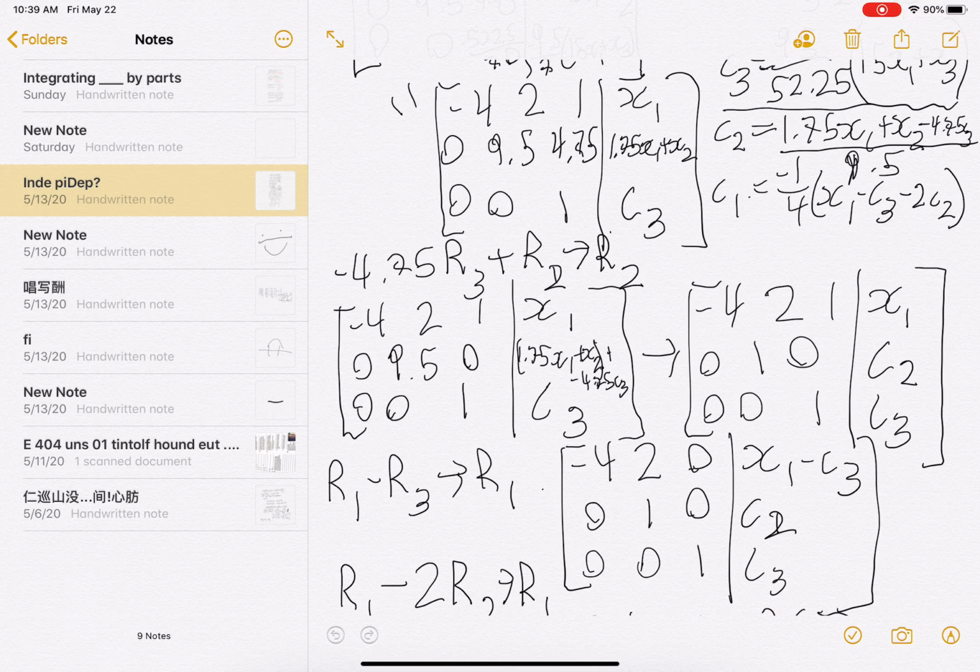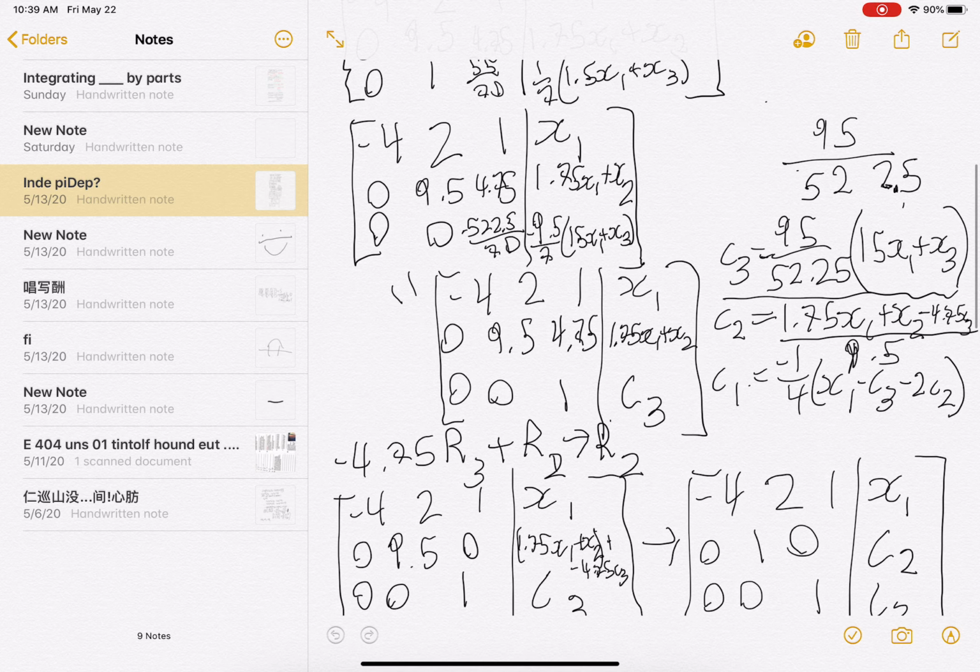Welcome back, everyone. So today we are going to be revisiting our two-part series on the linear independence and dependence problem. And last time we figured out that this set of